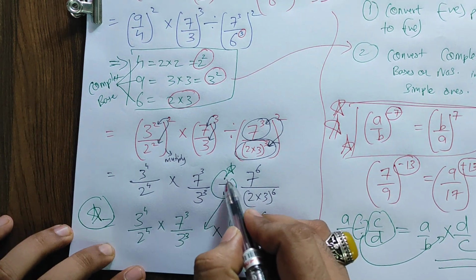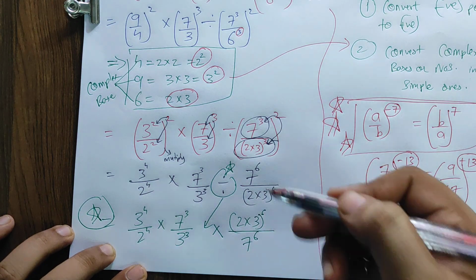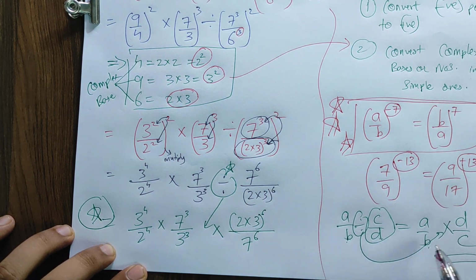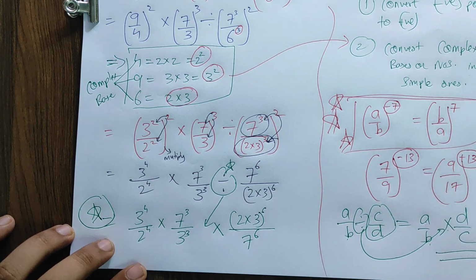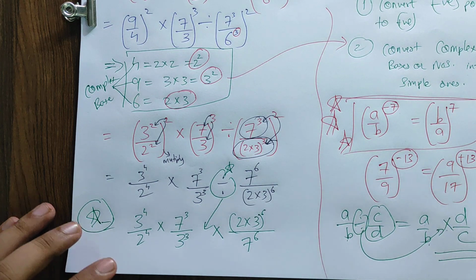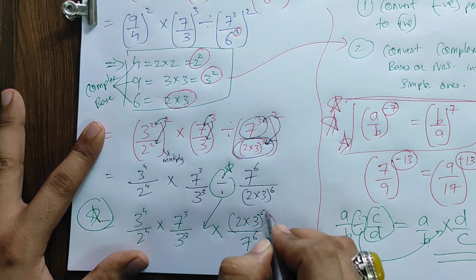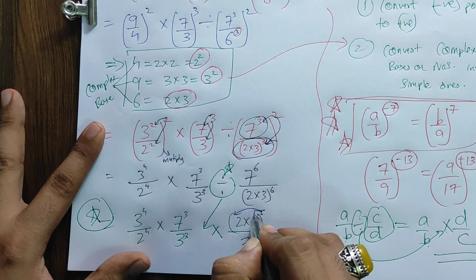Why did I write multiply in place of division? So this will become upside down. A upon B divided by C upon D we have. So A upon B we write A upon B only. In place of division I write multiply. C upon D I can write upside down as D upon C, please. Everyone. Okay. Now in the next step, what I will be doing is, I'll send this 6. This will become the power of this 2 as well as this 3.